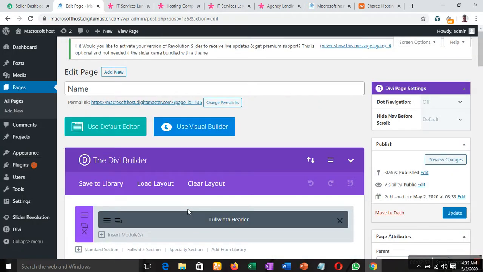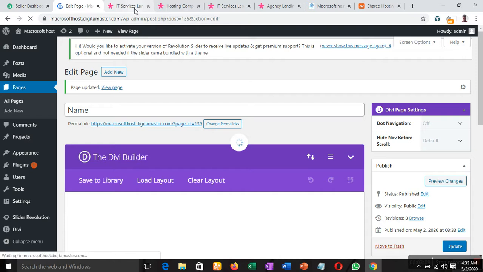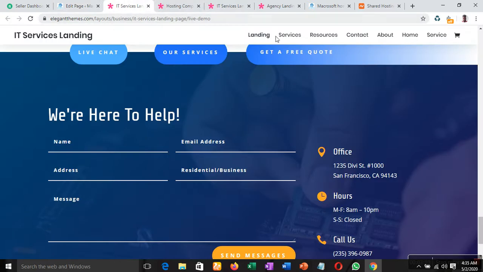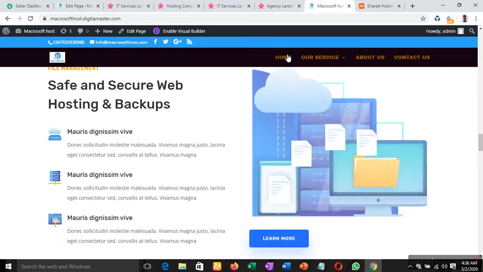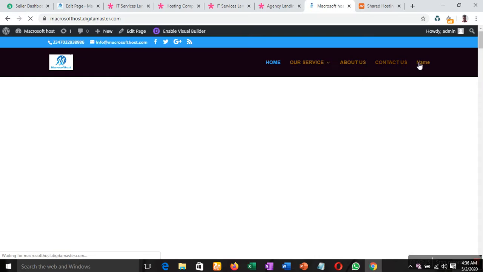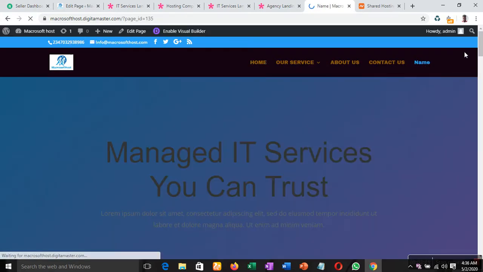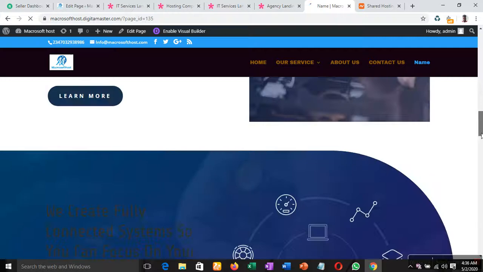Now the layout has uploaded successfully. Normally I don't need to update it unless I've copied what I want to copy, but I don't. Let me do it like this. If I go to my home page now, you will see the name I created. Can you see this is it? If I click on it, it will show exactly the thing I want.